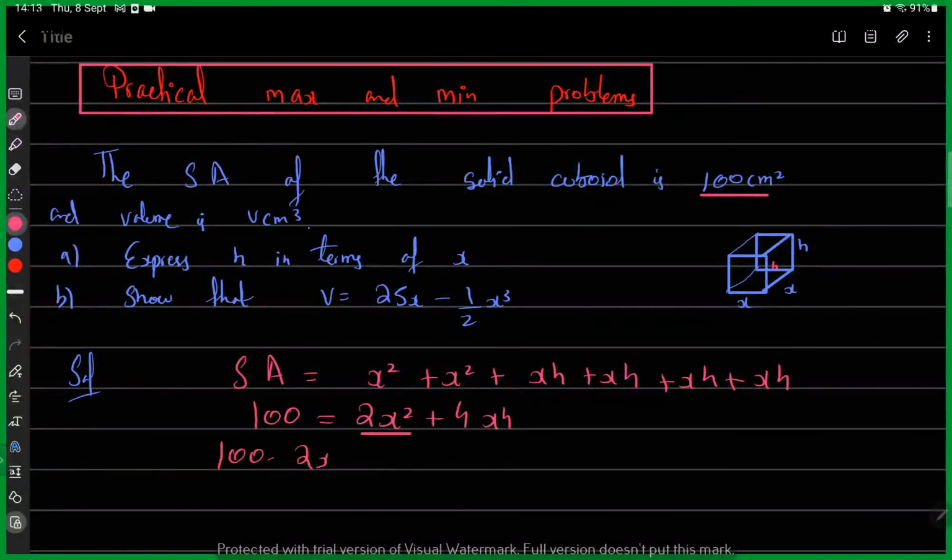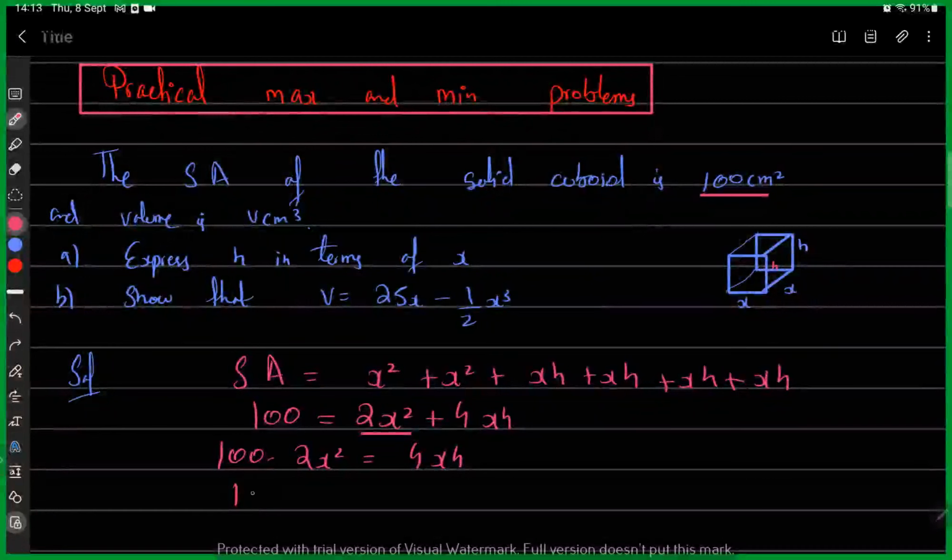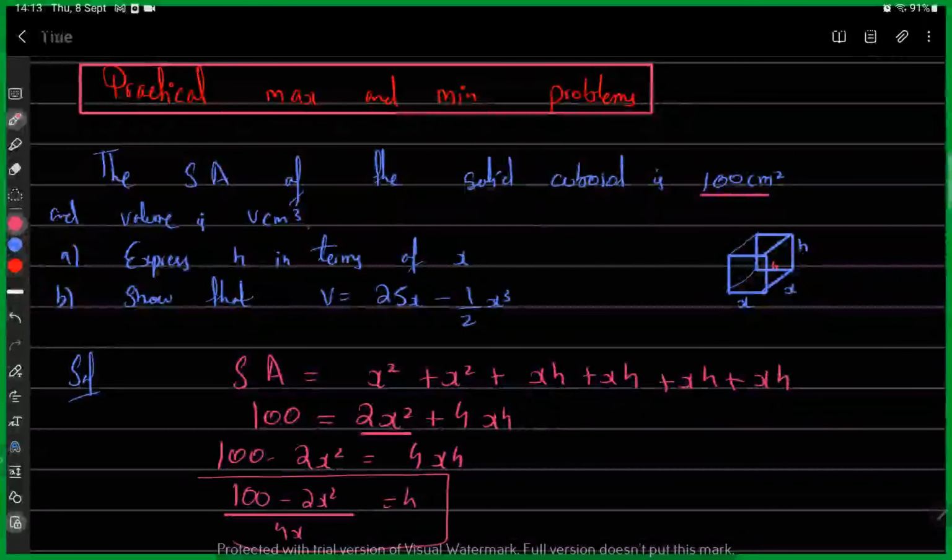100 minus 2x squared is equal to 4xh, and it is going to be 100 minus 2x squared divided by 4x equals h. And we are done with the first part of this